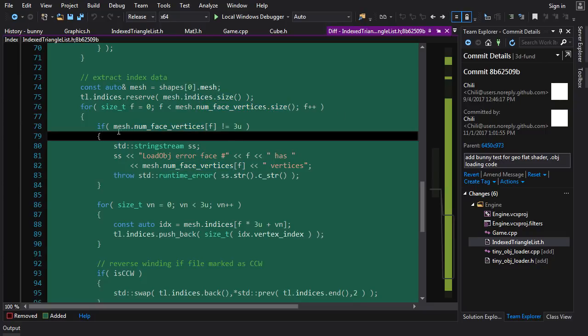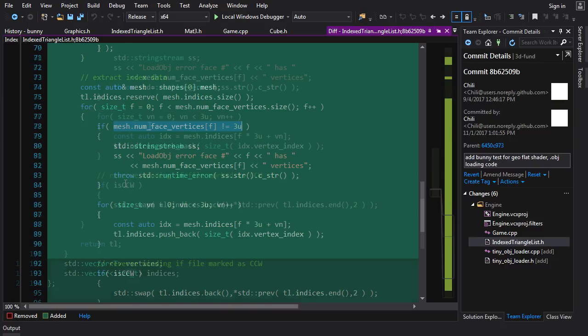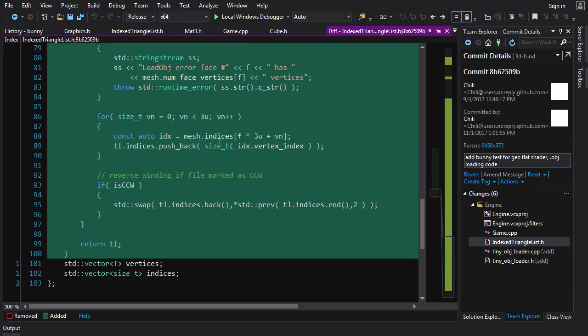And the first thing we're going to do is make sure that it's only 3 vertices, because we only want to deal with triangles. And if we find one that isn't, then we're going to throw an error. So here we're just checking to make sure it's all triangles. And then in here, we are actually extracting the indices and putting them into our own index